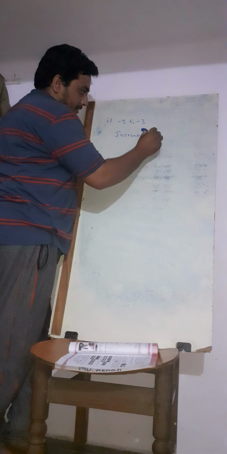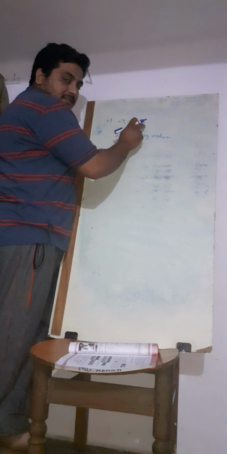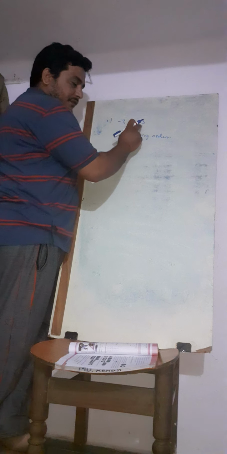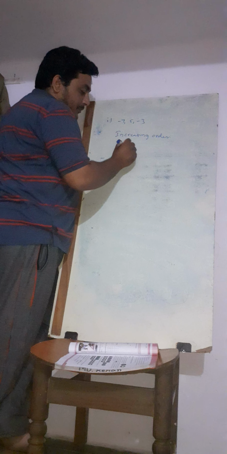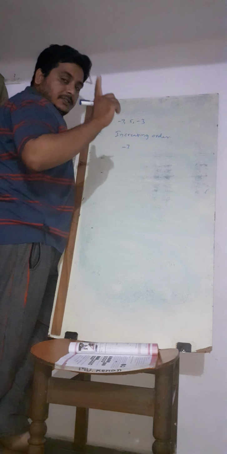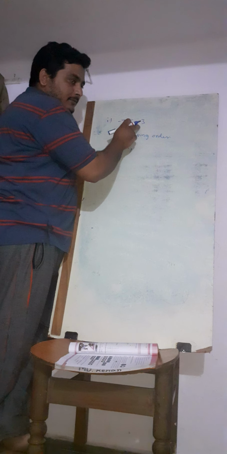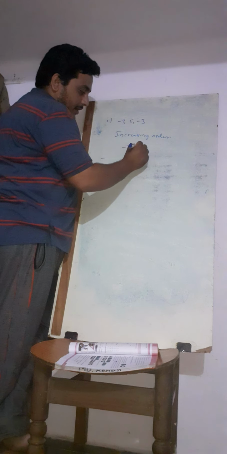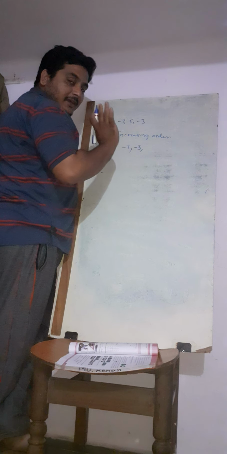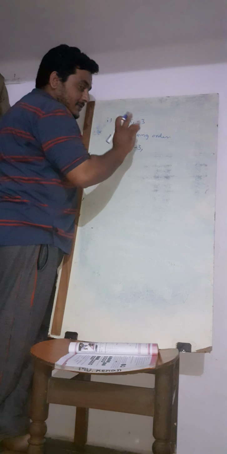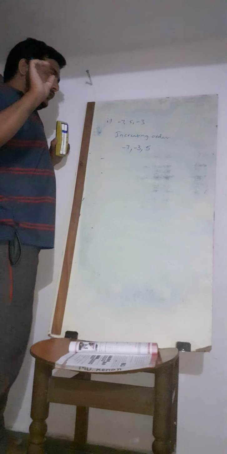See here once again, increasing order. Okay, see here, -7, 5, -3 is given for you. -7 is a bigger number, but with a negative sign. That's why a bigger number with a negative sign will be the smallest number, and that's why it will come first. Next, one more number is negative, but it is a smaller number only. That's why -3. Compared to -7, -3 is the bigger. Coming to the 5, 5 is the positive number. Positive numbers are bigger than negative numbers.